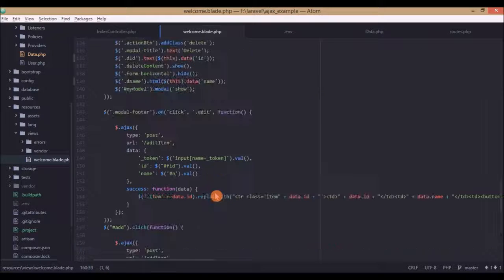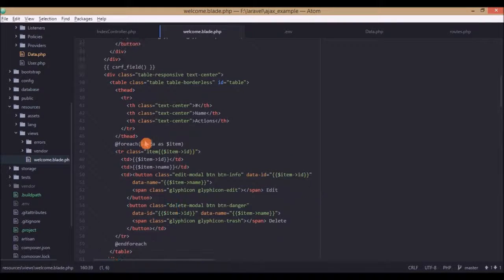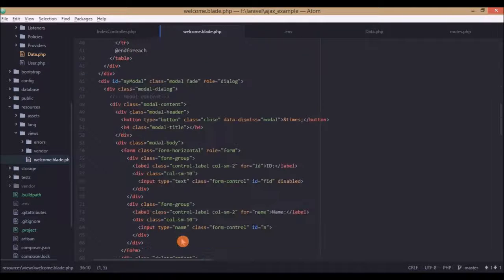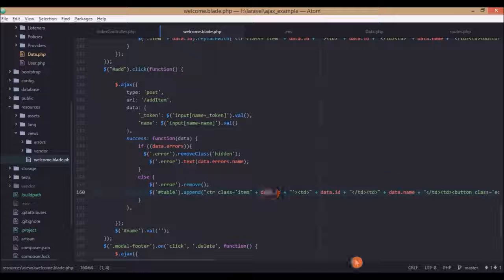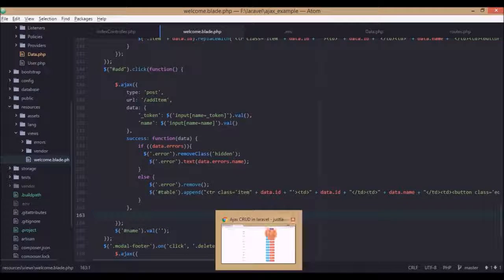Basically, this is the table here. We will just append a new item to the end of the table with some IDs. And finally, we'll clear the name value. Now we'll see update and delete. So update and delete operations are